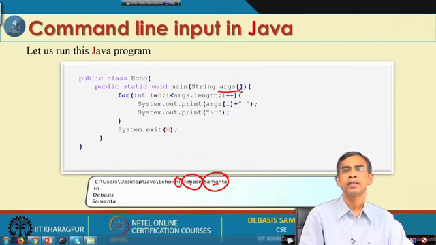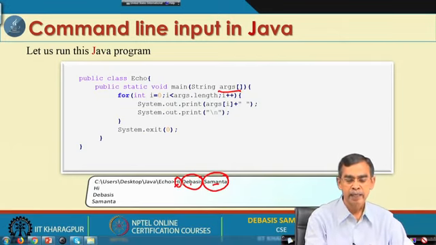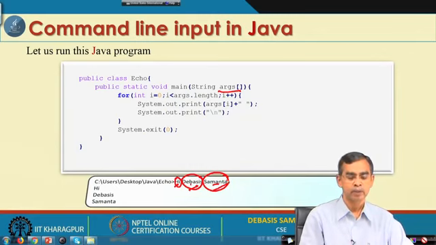They will be stored in the 3 different array locations, and the size of the array is 3, array index from 0 to 2. So, args 0 will store Hi, args 1 will store Devashish, and args 2 will store Samantha.